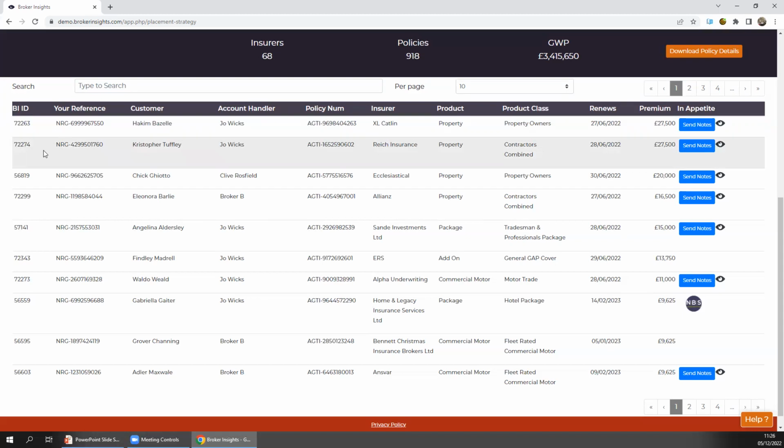It means the insurers can track it back to the platform as well. What we've then done is we've also overlaid the insurer's appetite onto the book of data. So the very far right-hand side, we've got this in appetite column, and this is where that takes place. And the best way of thinking about it, it's a bit like a RAG score, your red, amber, and green scoring.